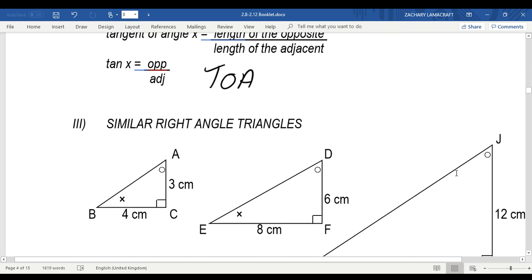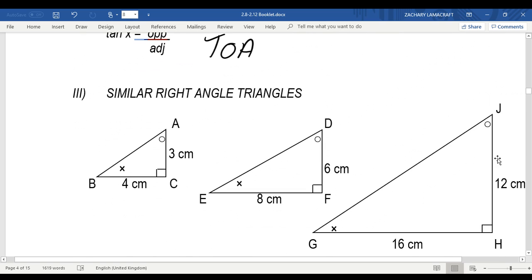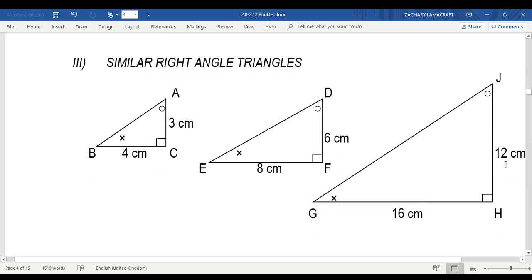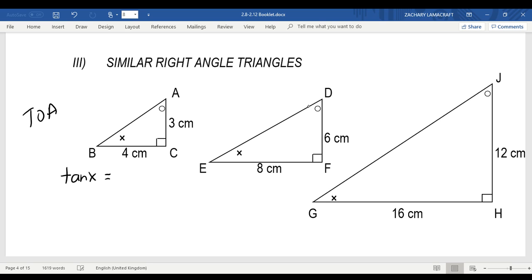So if we look at some similar right angle triangles, we can find out some things here. Using TOA, tan x is equal to the opposite